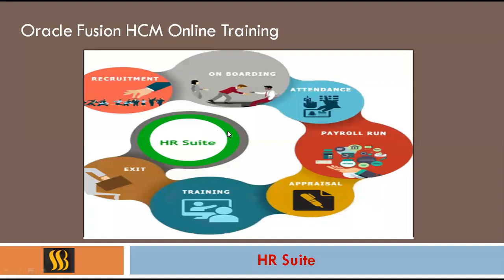This module is a very crucial and important module to learn, because this is where your actual implementation starts. Any ERP I'm talking about. So employee administration is going to be handled by the core HR module,